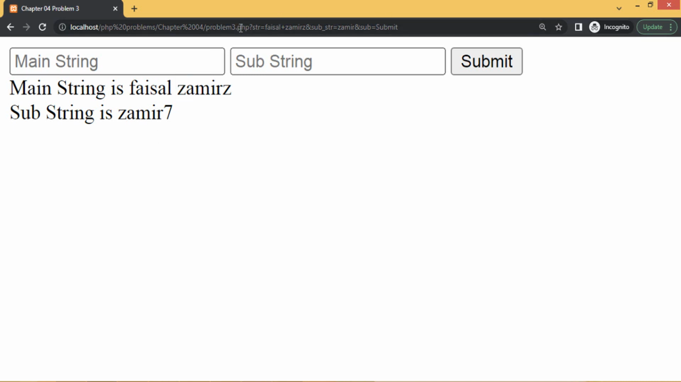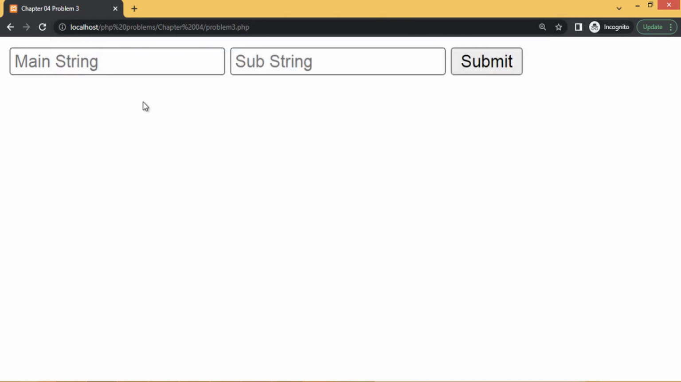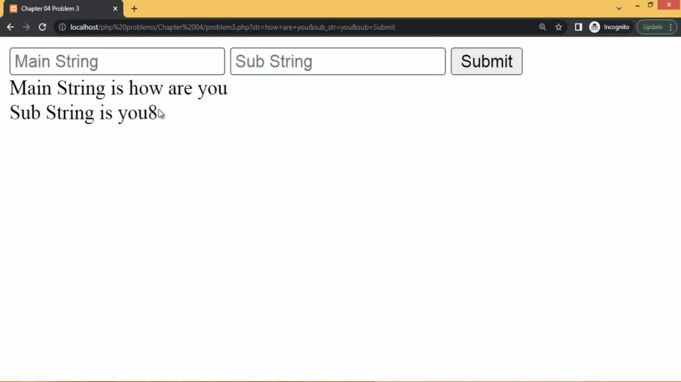I want to give another example. For example, main string is how are you, substring is you. For example, submit. 8 is displaying here. Why? 0 1 2 3